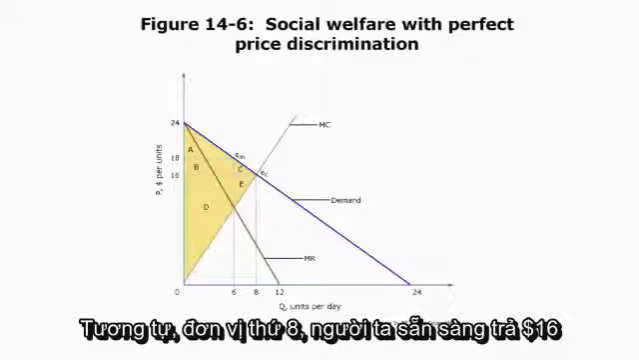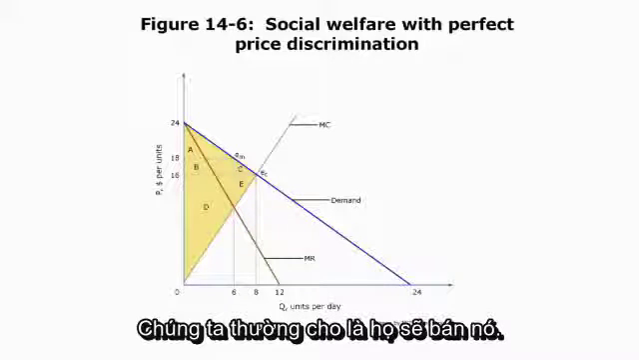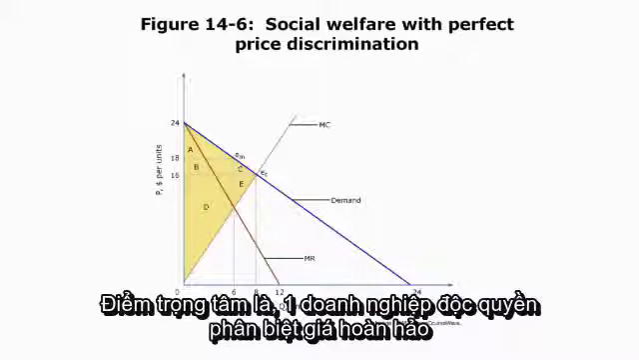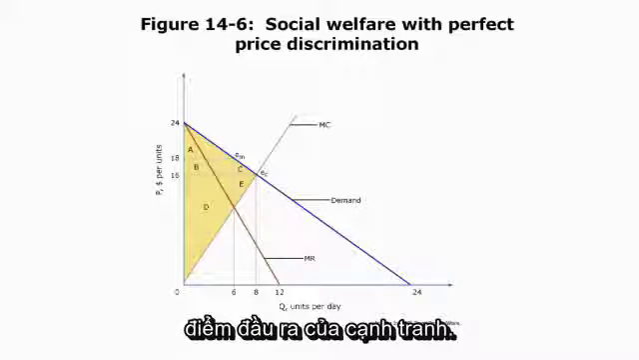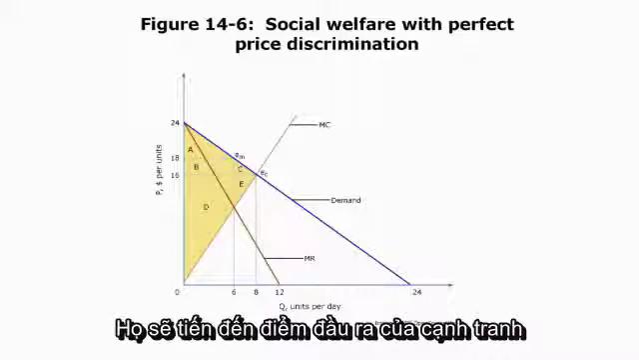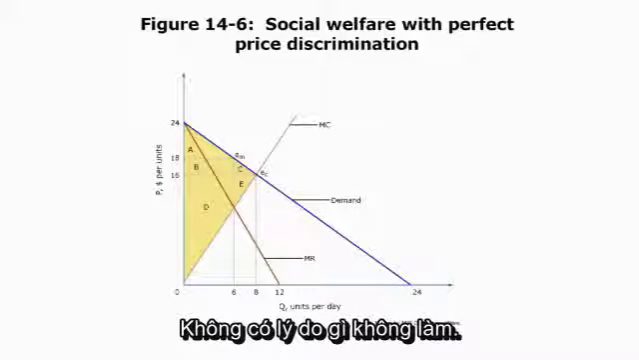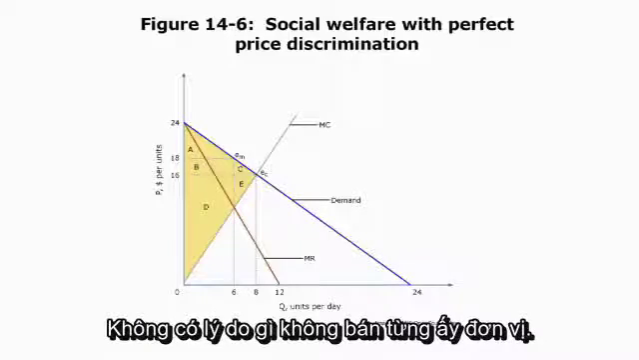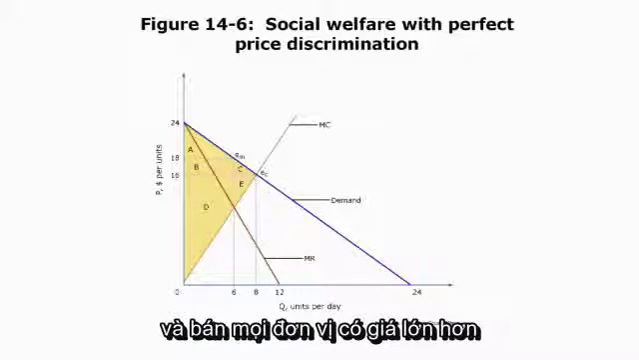Likewise, the 8th unit, people will only pay 16 and it costs 16 to produce. So they'll sell it or not. They're basically indifferent. Okay, so we typically say they'll sell it. The point is, the perfectly price discriminating monopolist will work all the way down the demand curve to the competitive outcome. They will move to the competitive market outcome because there's no poisoning effect. There's no reason not to. No reason not to sell as many units. No reason not to climb the same hill the competitive firm climbs and sell any unit where the price exceeds